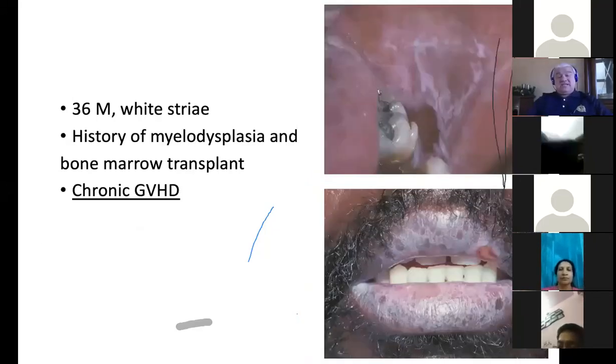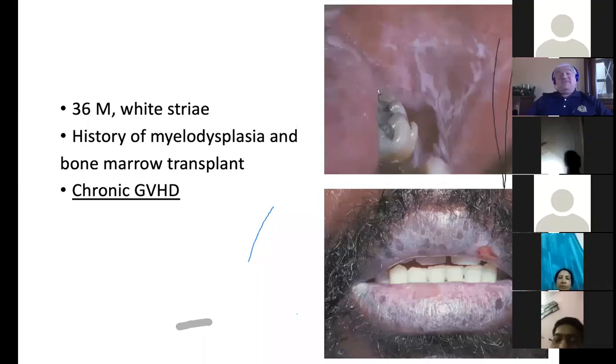And here is the last case that I showed you. In this situation, there were white striae in many parts of the oral cavity. And in the picture on top, you can see posterior buccal mucosa. There are some lesions on the left dorsum of the tongue over there, and extensive lesions that affect the